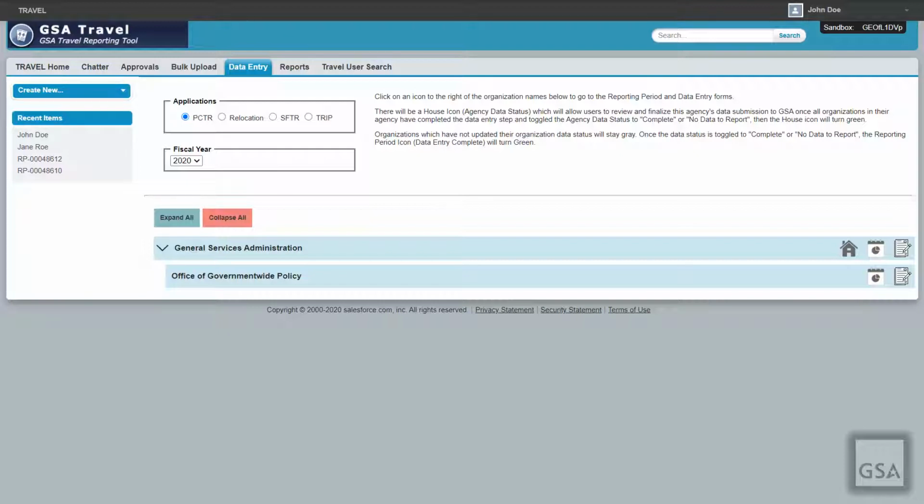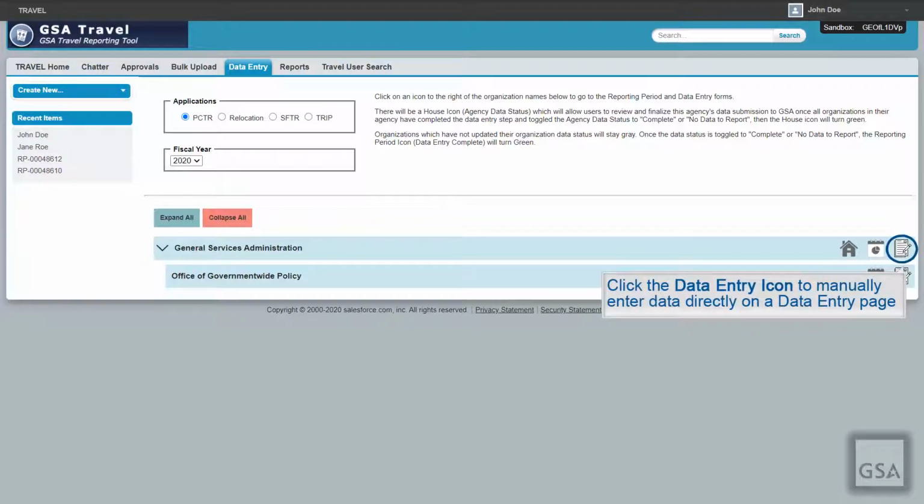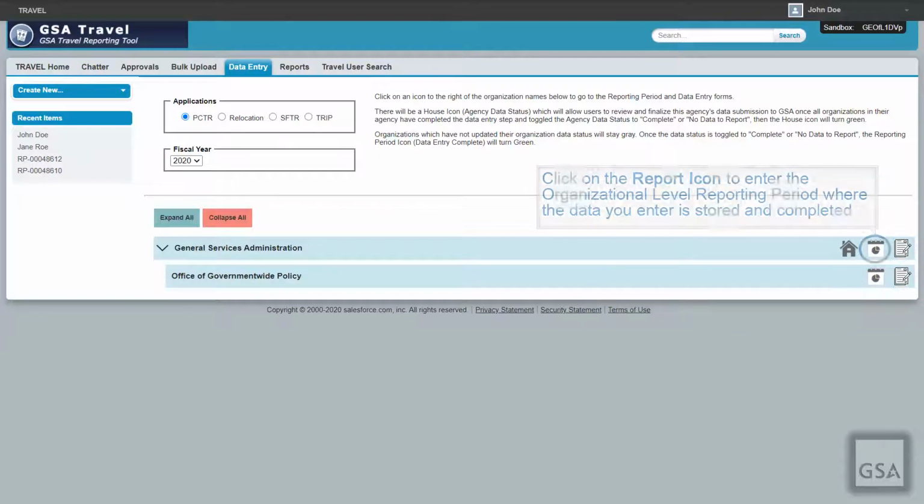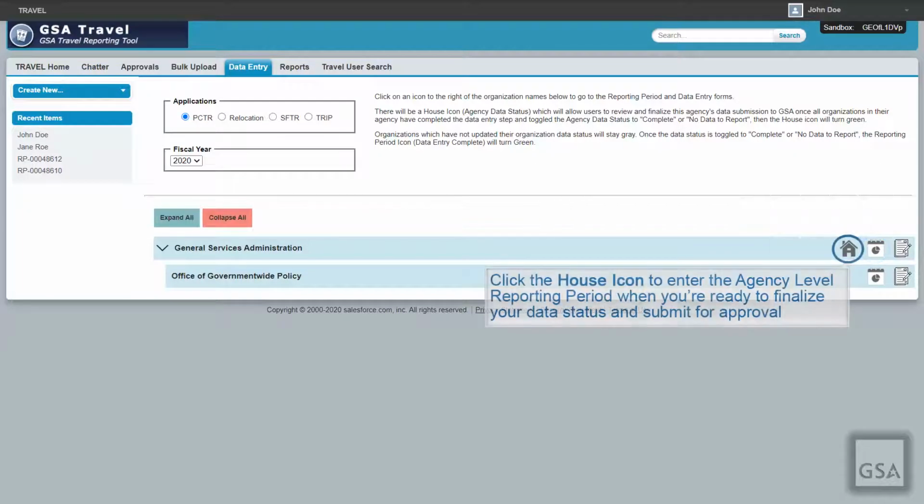These 3 icons represent 3 different parts of the data entry process. The rightmost icon, that looks like a form being filled out, will be where you can click to manually enter data directly from the data entry page. The icon in the middle is the organization level reporting period, where the data you enter is stored and accessed. For PCTR and SFTR, this is also the reporting period number you will use during the bulk uploads to confirm where your data is being uploaded. And the leftmost home icon is the agency level reporting period, which will be the last step before submission of